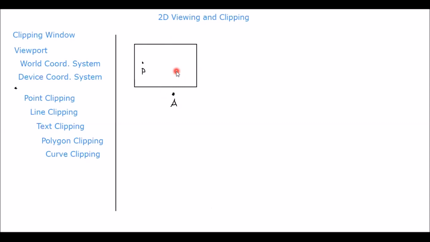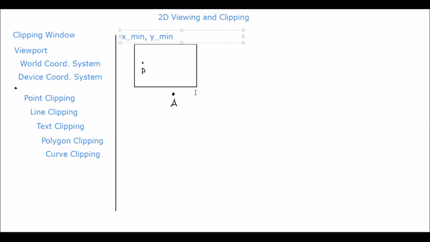When we define this clipping window mathematically, we define its coordinates. On the bottom side we define x min and y min. So x min, y min will be here on the left bottom, or on your computer screen, because we know the origin is on the top, it may be here on the top left.